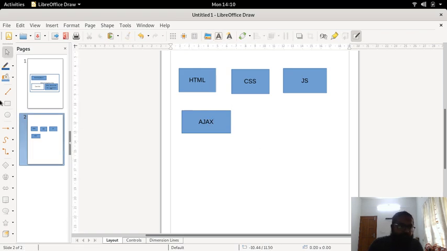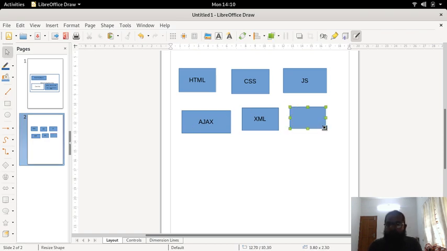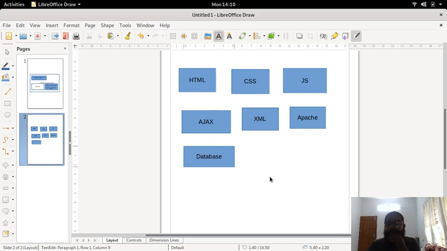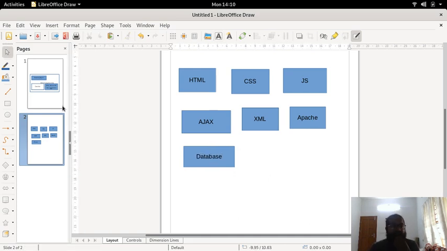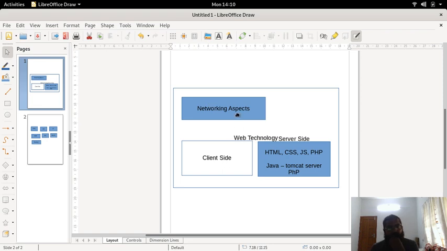In between we learned about XML, correct? In between we learned about Apache, correct? In between we learned about Tomcat, then we learned about databases, and different things. And in the previous page I told you that we have some networking aspects also.